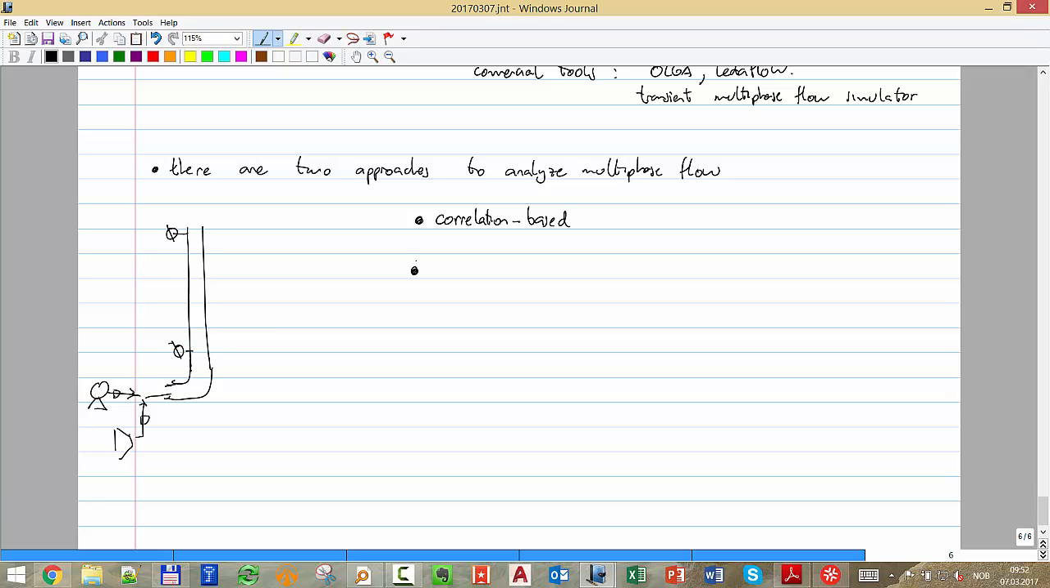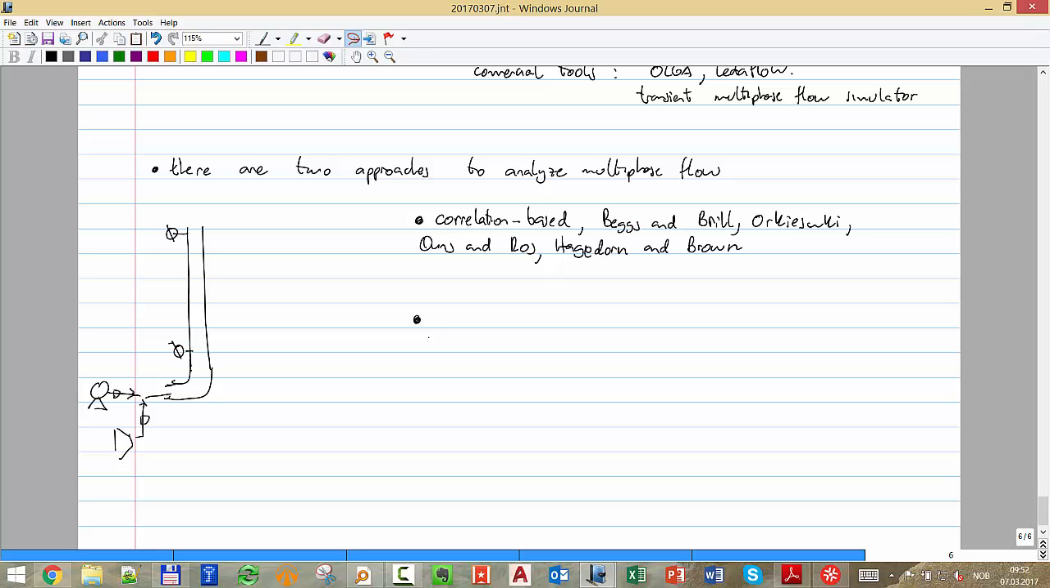Then there is another approach, and that we have a bunch of methods. Okay, we have Beggs and Brill, and we will see them. We have Orkiszewski, we have Duns and Ros. Okay, all people trying to make more or less to improve the models, but basically they're very heavily based on